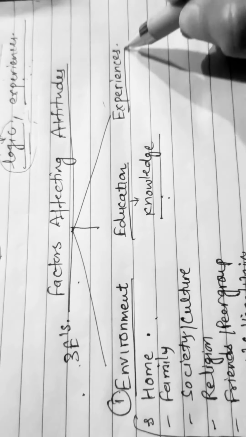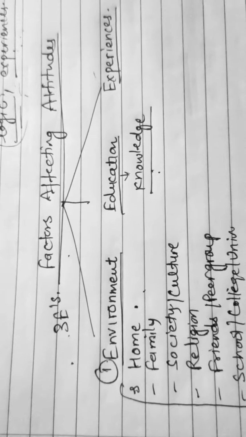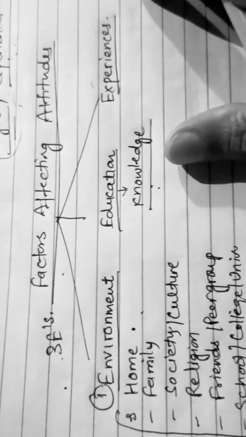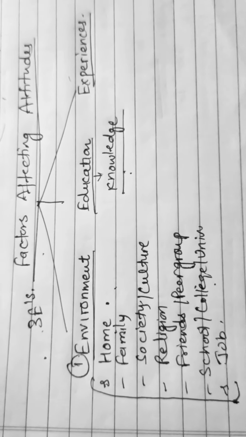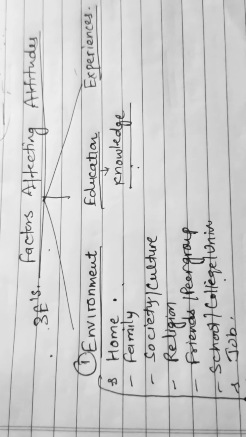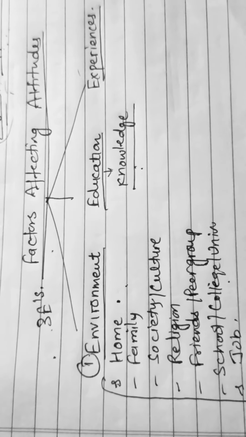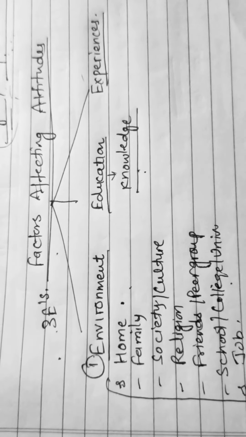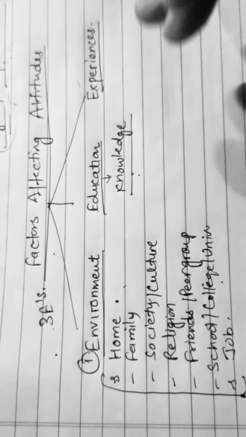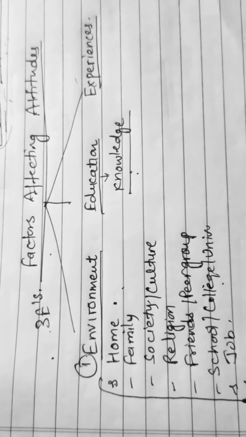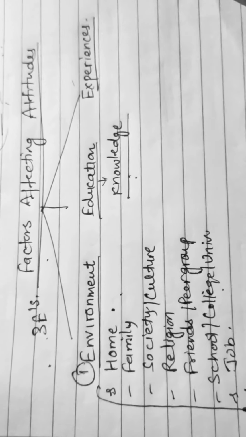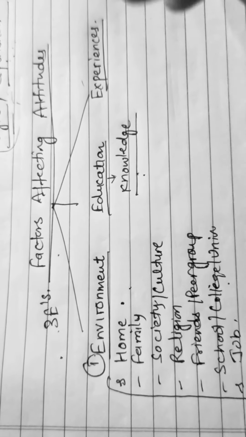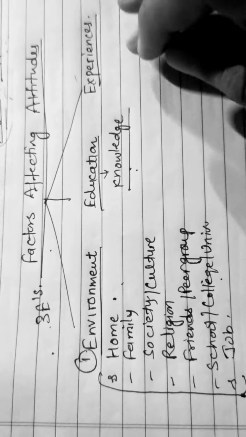Then the third is experiences. Whatever kind of experiences you collect in your surroundings are also going to affect your attitudes. For example, if in your school or college the teachers and the other classmates were not supportive at that time, that means you experience negativity towards them, and definitely you are going to develop negative types of attitudes towards the school teachers and schoolmates. Wherever you are, in whatever kind of environment you experience certain things, those experiences are going to affect your